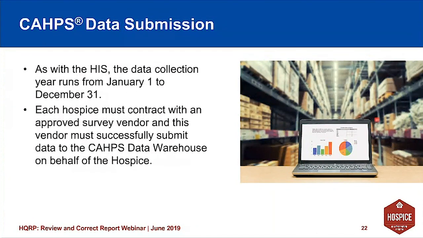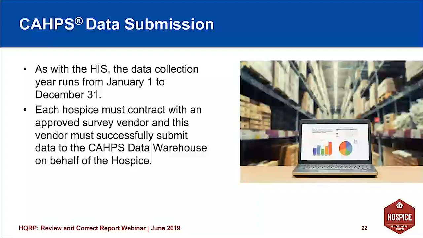So this slide talks about the CAHPS data submission, and this is the Hospice Consumer Assessment of Healthcare Providers and Systems, otherwise known as the CAHPS Hospice Survey. This survey measures the experiences of patients and their caregivers with hospice care. The national implementation of the CAHPS Hospice Survey, as we mentioned, began in January of 2015. The goals of the survey are to produce comparable data on patients' and caregivers' perspectives of care, create incentives for hospices to improve the quality of care through the public reporting of survey results, and to hold hospice providers accountable by informing the public about their quality of care.